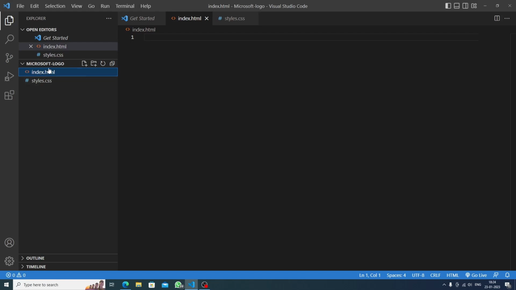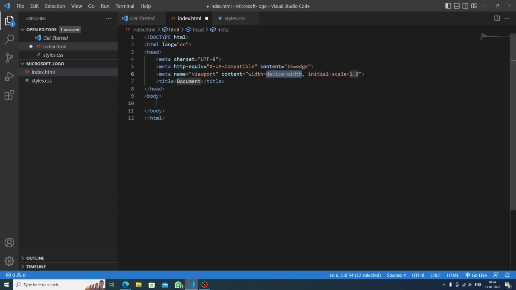So first I've made this index.html file and styles.css. First I will make a boilerplate with HTML, and we will give the title Microsoft logo, and secondly we will link to styles.css, and now we will study how the Microsoft logo actually looks. So first we will go live,